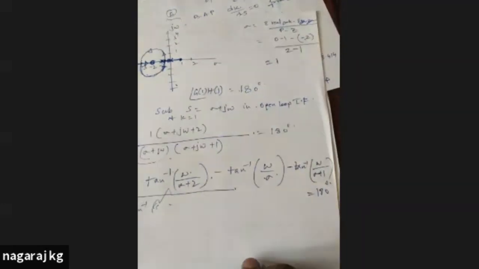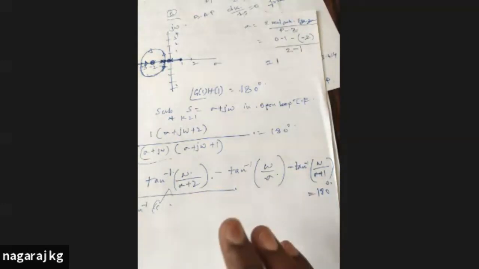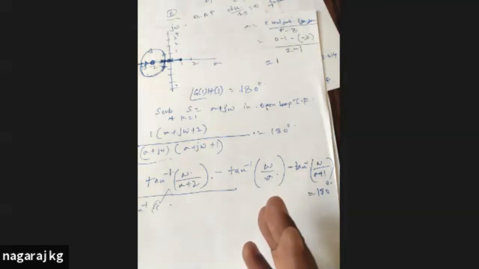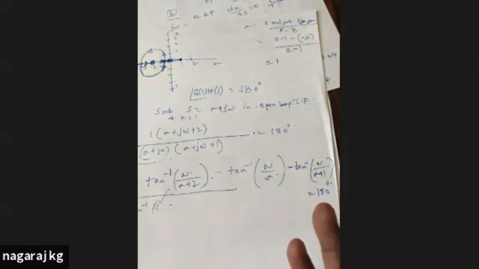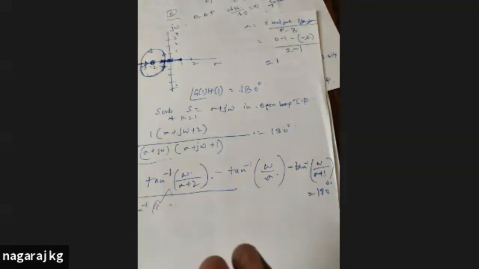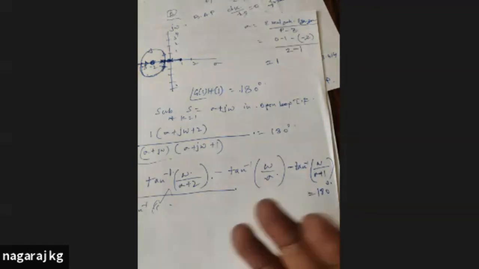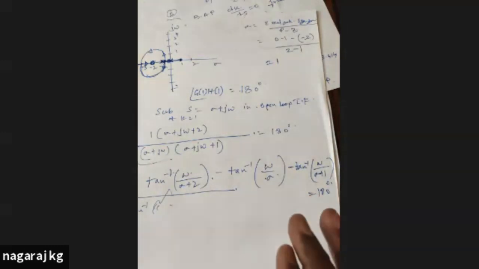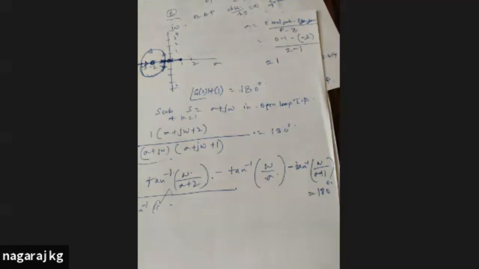How do you simplify this equation? Go for tan A minus tan B on the first two terms. You will get a simplified equation. Again go for tan A minus tan B, and finally you send the tan inverse to the right hand side, where it will be tan 180 degrees. Tan 180 degrees is 0. So you will get one equation, and that equation is in the form of a circle. That's how we can show that the given open loop transfer function forms a circle.